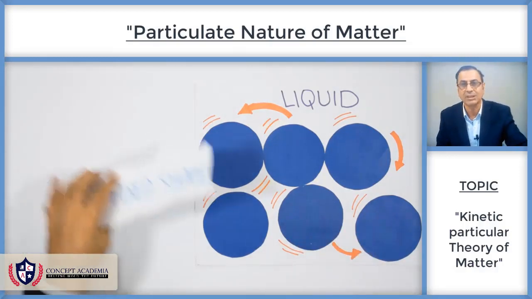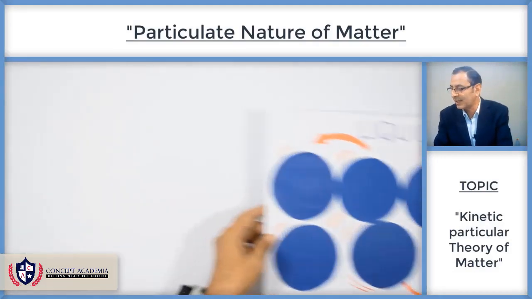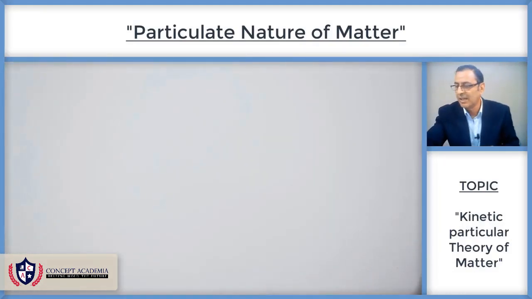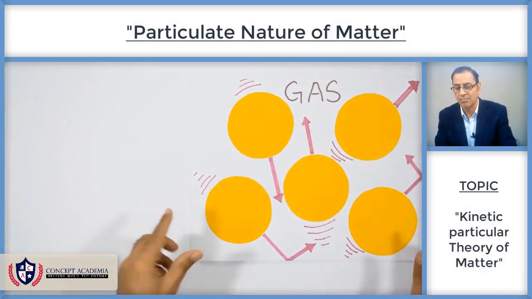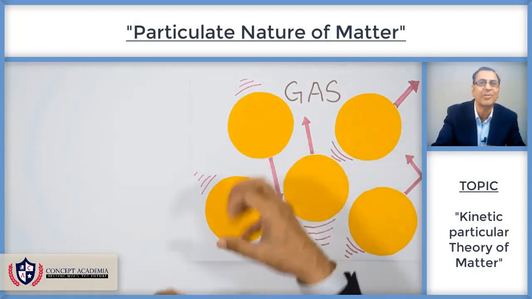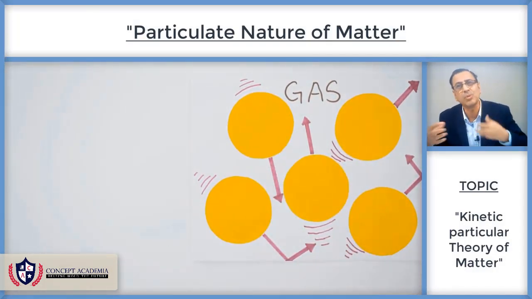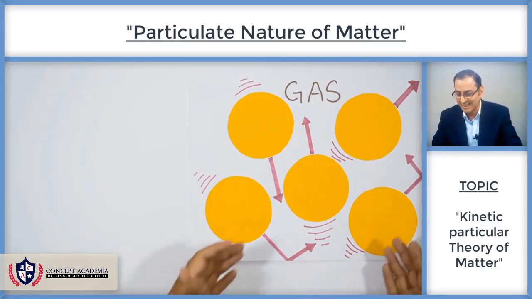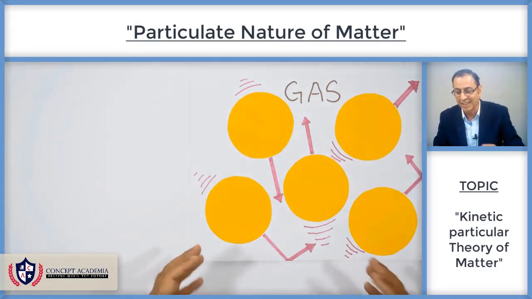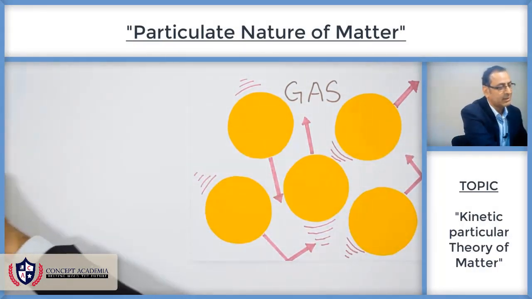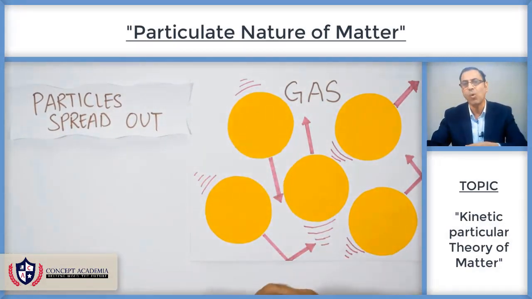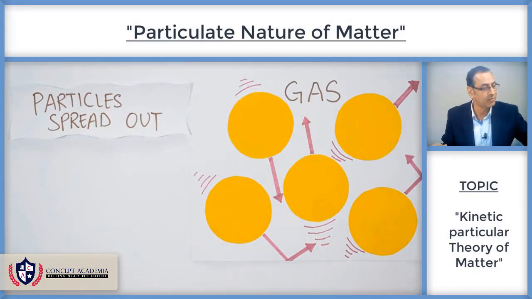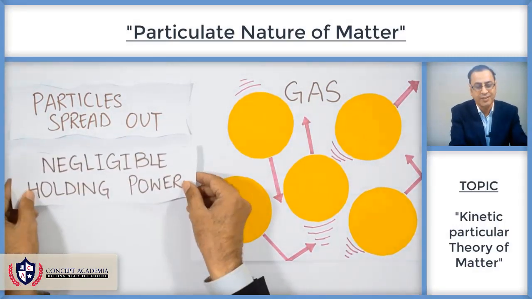model is about gases. In the case of gases, you can see in the model that the particles of gases are away from one another, and they move. They can move. So the first point about gases that you can see very clearly is that they spread out. The particles of gases spread out. They go away from one another,